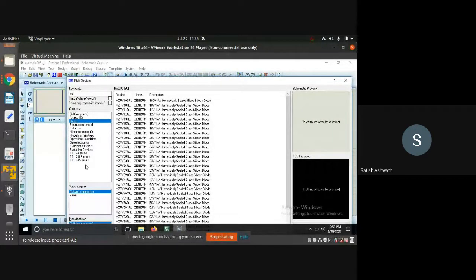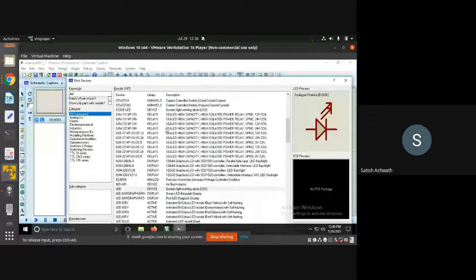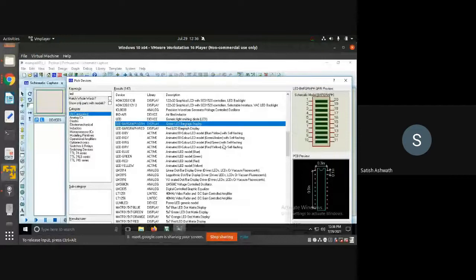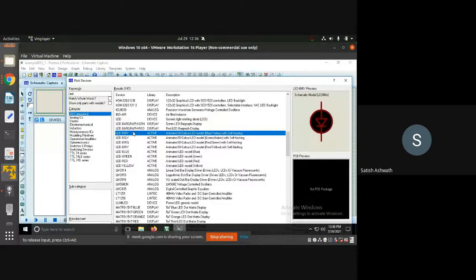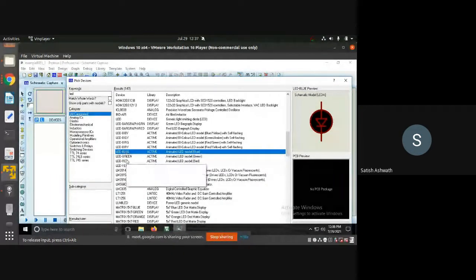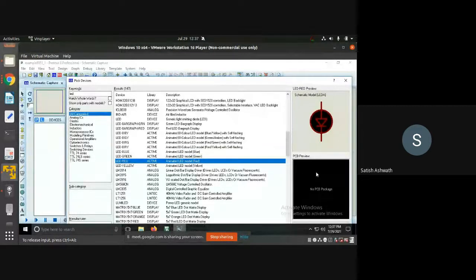This is not showing, not this type of LEDs. Let me click on all. Let's just search for it. Okay. Yes, this is what you want. Yeah, this is the LED you're generally using, right? LED green, LED blue. These are the general LEDs that you can see. On the right hand side, it will show you the symbol of whatever component you are using. So this LED is what you want. There are different colors available, red, green, blue. Pick up whatever you want and just click on OK.